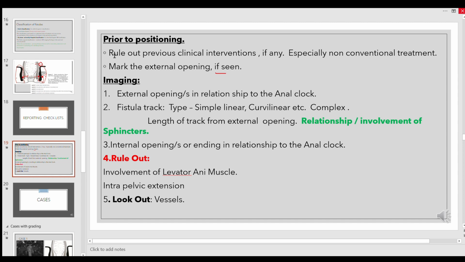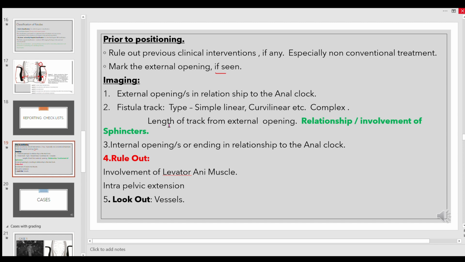Then the next thing is the fistula tract, which is quite important. When you report a fistula tract, you have to write the type of tract, whether it is a simple linear short or curvilinear tract, which is the most common tract we see, or a complex branching type of tract. You have to be very clear in your language.